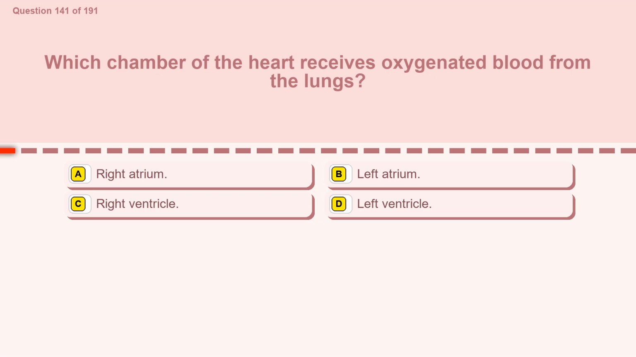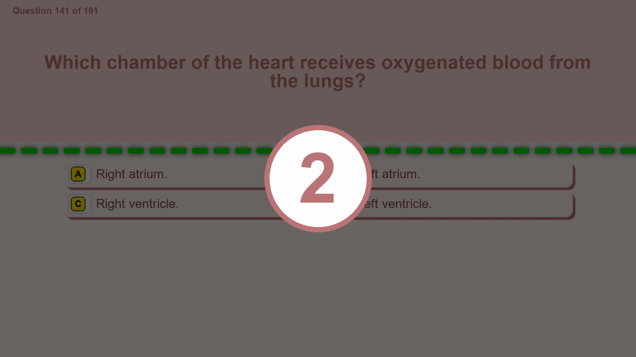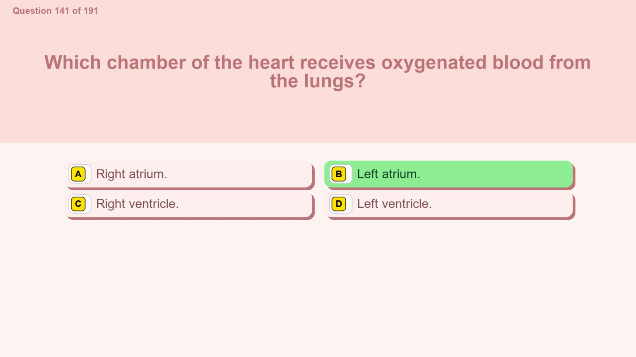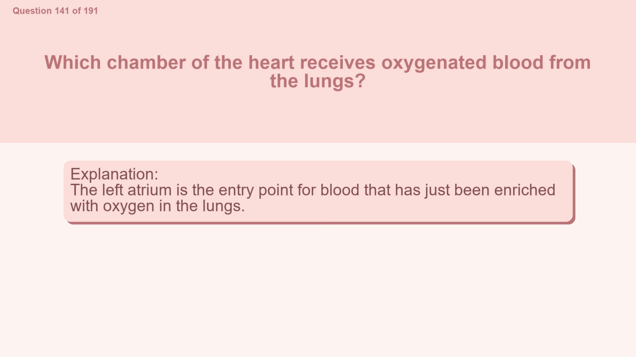Question 141. Which chamber of the heart receives oxygenated blood from the lungs? Option A. Right atrium. Option B. Left atrium. Option C. Right ventricle. Option D. Left ventricle. The correct answer is option B. Left atrium. The left atrium is the entry point for blood that has just been enriched with oxygen in the